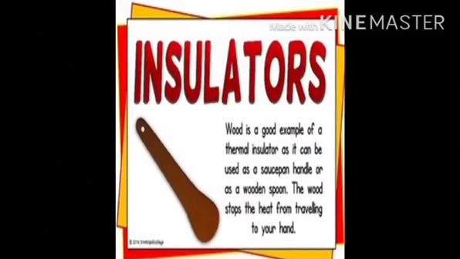The materials which do not allow heat to flow through them easily are called poor conductors of heat or insulators. For example, water, air, and gases are poor conductors of heat. Materials which do not allow heat to flow through them are called non-conductors of heat or insulators. Materials such as wood, paper, glass, asbestos, bakelite, etc. are examples of non-conductors.